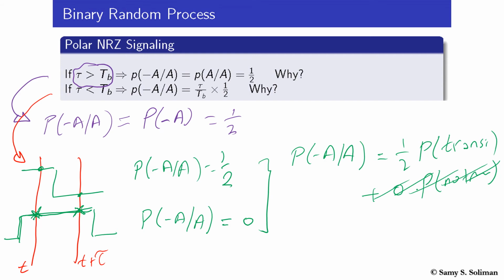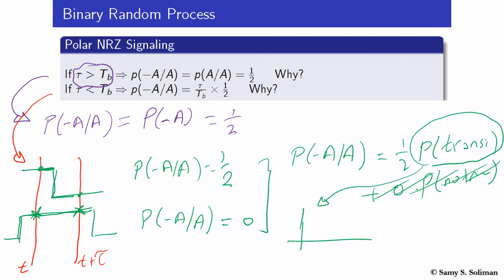So the question now is, what is the probability of having a transition, which means transition from one bit to another, whether from bit 0 to bit 1 or from bit 1 to bit 0, within a duration of tau? If you recall, this depends on the origin. Where is the origin located with respect to the bit representation? That depends on the random variable alpha. So the probability of having a transition within a bit duration of TB,